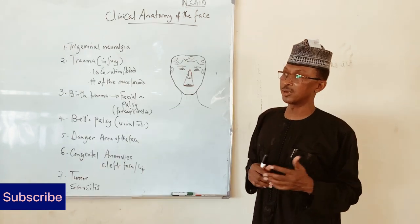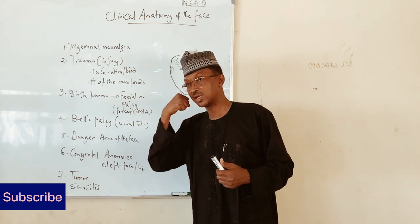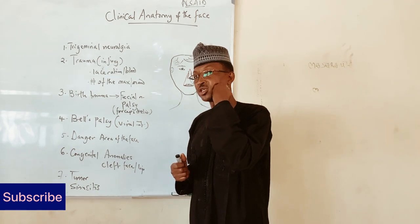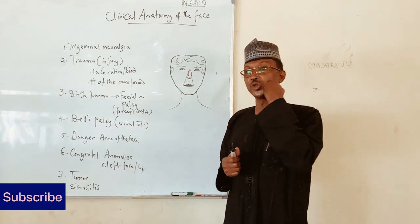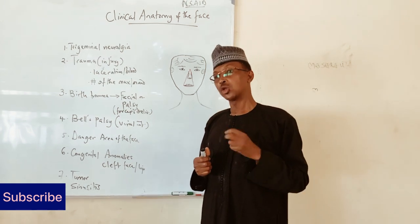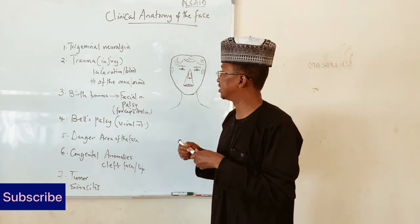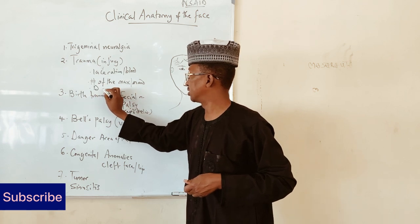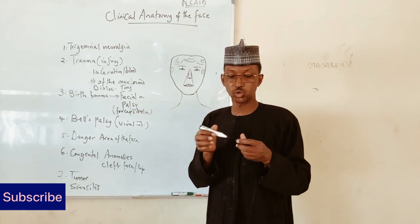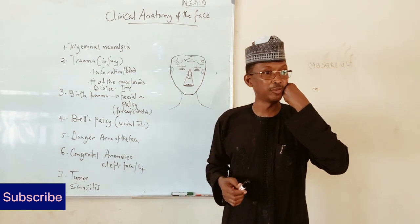Apart from trigeminal neuralgia, somebody may have trauma on the face. During a fight, somebody may give you a blow on the face, to the extent that he or she may smash your maxillary bone or your mandible. You get it? By so doing, somebody may have a fracture of the maxilla or the mandible. Not only that, somebody may also have what we call temporomandibular joint, TMJ, dislocation. So the trauma can cause fracture of the maxilla, fracture of the mandible, or dislocation of